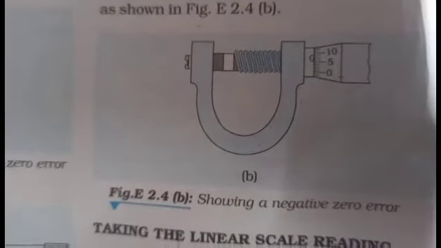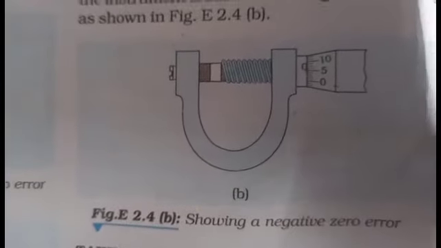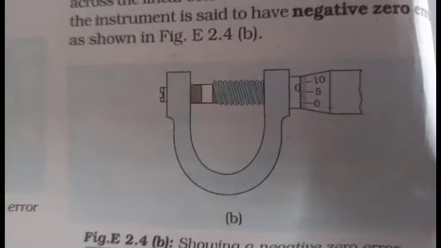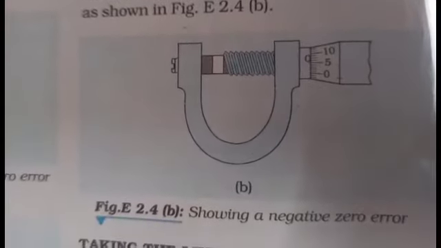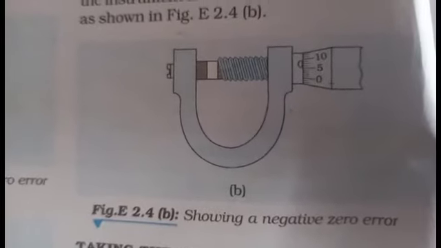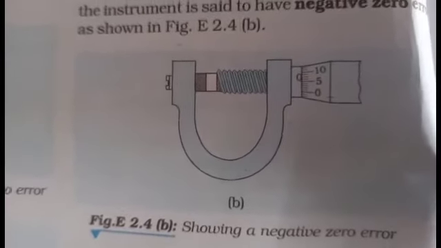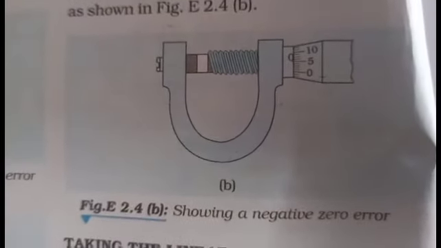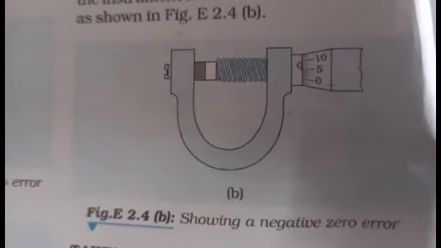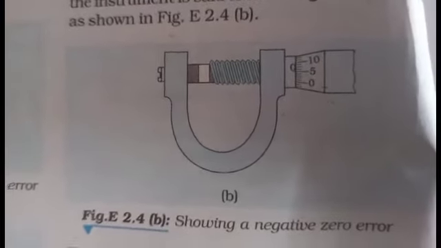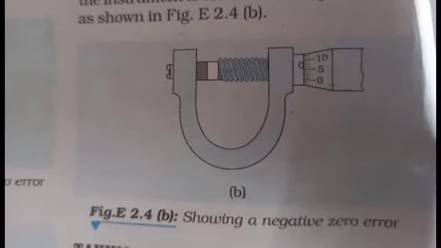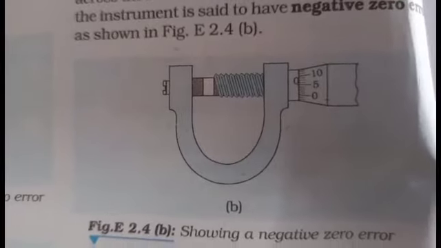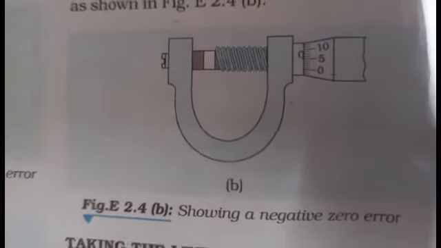In this picture 0 lies below the reference line, below the horizontal line of the main scale. So here we start our observation from the 5th division instead of 0. So here we measure fewer divisions with respect to the actual divisions. So here the error is negative and the correction is positive. We must find out the magnitude of error. How many divisions with respect to 0 of the circular scale? 5 divisions. So here it is a 5 division error and 0 is below the reference line, so the error is negative and the correction is positive.